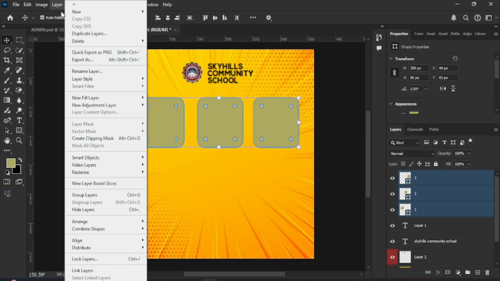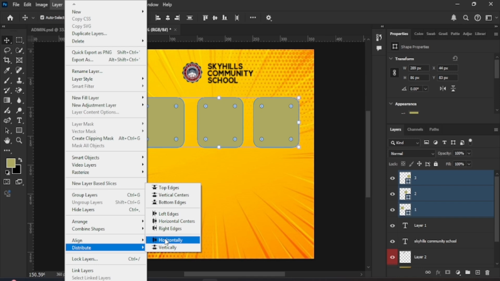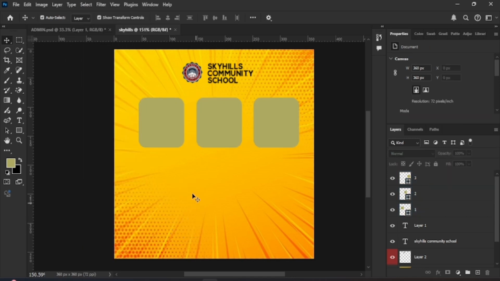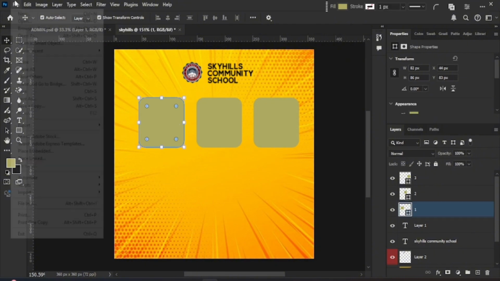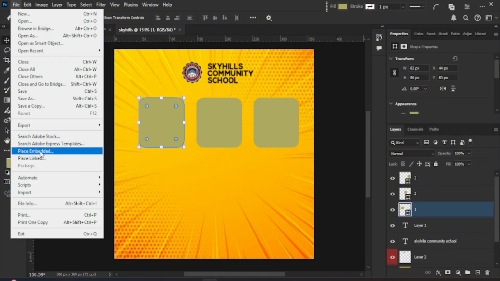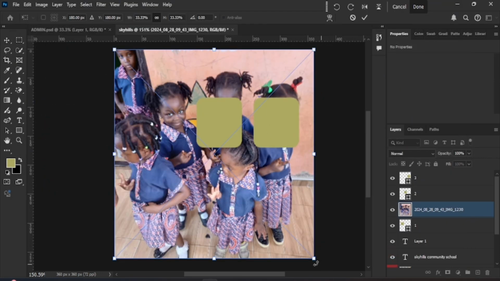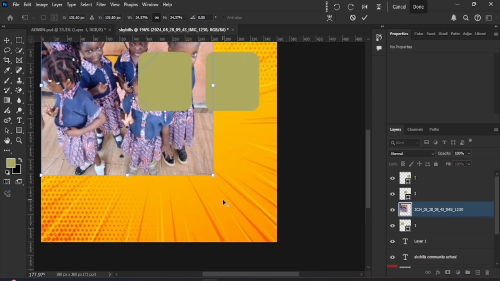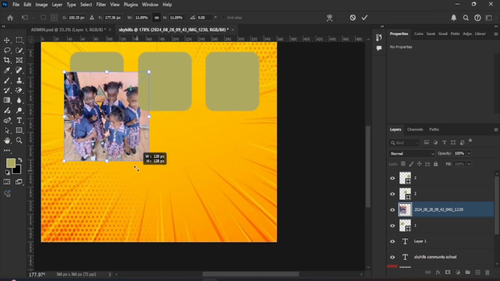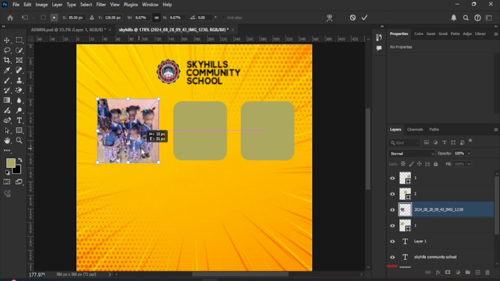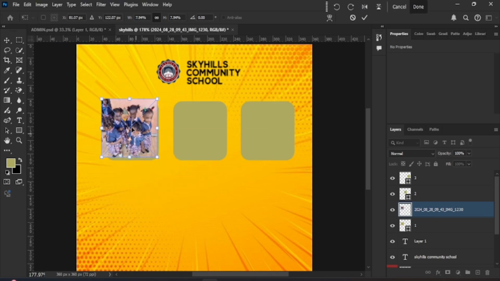Alright, so we want to distribute them amongst the page evenly. So we go to the options bar, then select layer, then we come to distribute. Quickly we click on horizontal and it's distributed evenly. So we begin to embed the images. So we start with this first image. We'll go by this one. We make it a bit smaller. We make them small. All right. So once we achieve something like this,